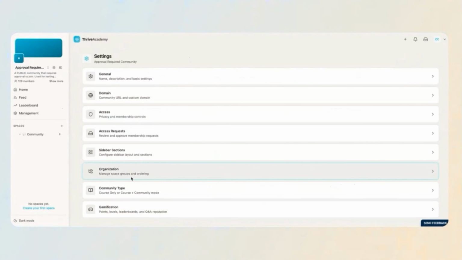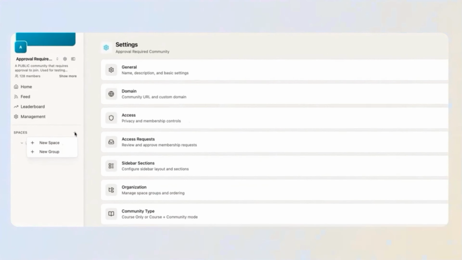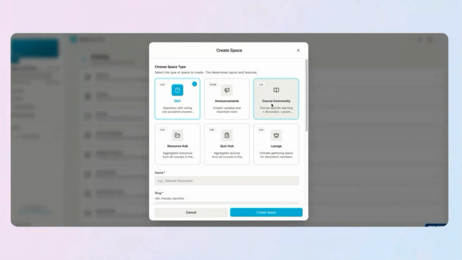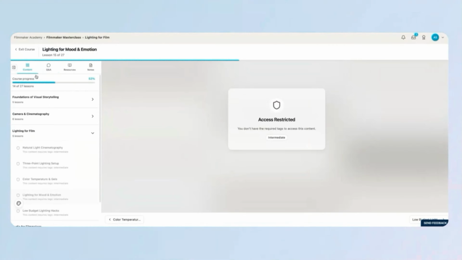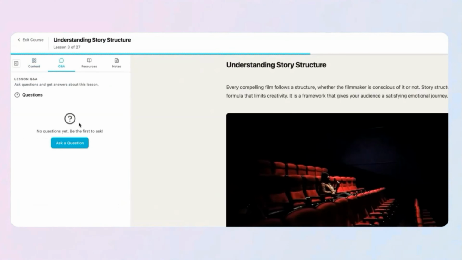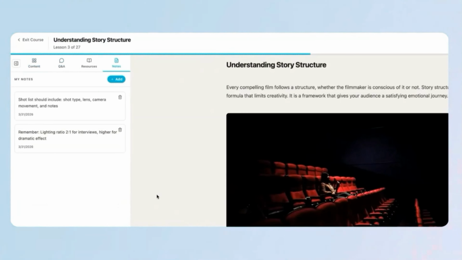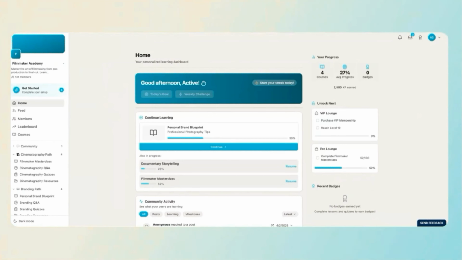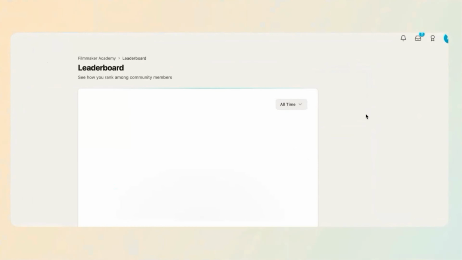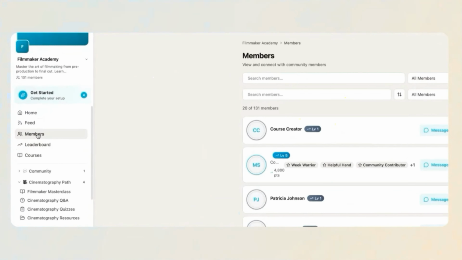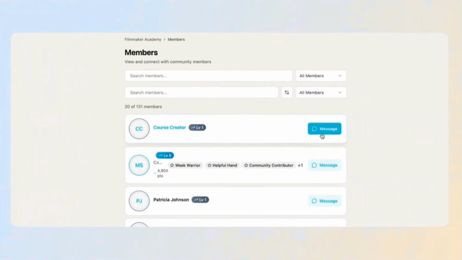All right, here is what else is new when it comes to ThriveAcademy. And this is something else that I am really excited about. And this is the enhanced client experience and student interaction capability. So within the new platform, you have enhanced functionality to have multiple quizzes within your course curriculum, within your communities. You also have a lot of added gamification. You have a dedicated space for like Q&A or discussions. And you also have the capability to have like a leaderboard so that you can reward people for how they engage and interact within your community.